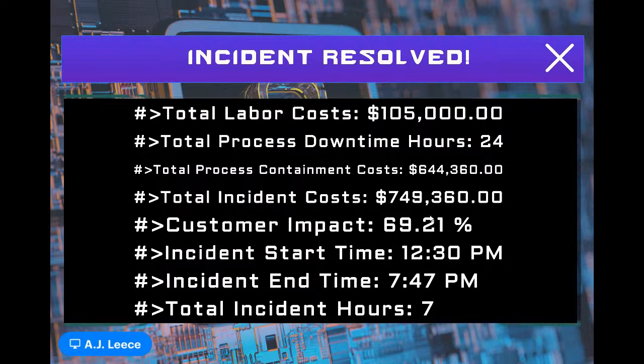Remember, we don't know how valuable our customer impact is until we find out firsthand. In this case, it's a bit of the way these roles are set up. It's a little bit of randomization, but if you have customer research and you want to put that data in, it's absolutely plumbed in for that. So in this case, almost 70% of our customers just won't come back. Remember when I mentioned customers are brand loyal? They sure are.